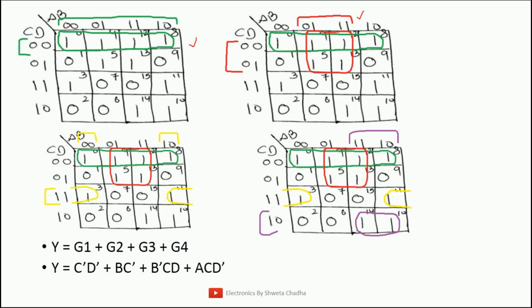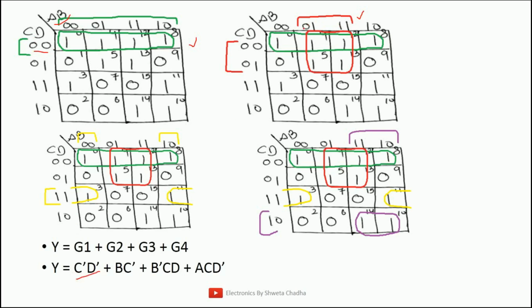A, B, 0, 0, 0, 1, 1, 1, 1, 0. So A: 0, 0, 1, 1. Changing value, ignore. B: 0, 1, 1, 0. Changing value, ignore. We must get a constant value of any variable so as to include the same variable for writing down the answer. So A and B continuously changing, ignore. C, D, only one value is there, that is 0, 0. So C 0 means C bar, D 0 means D bar. This is the first answer.